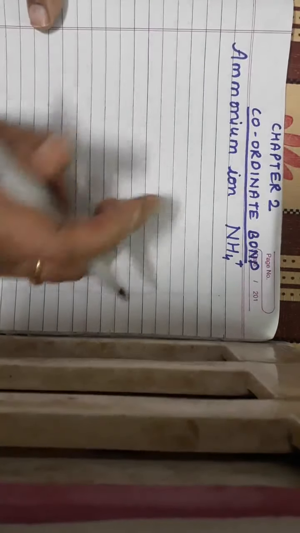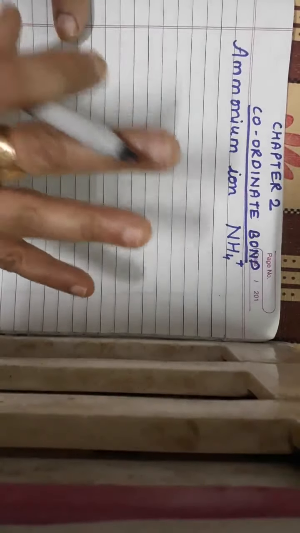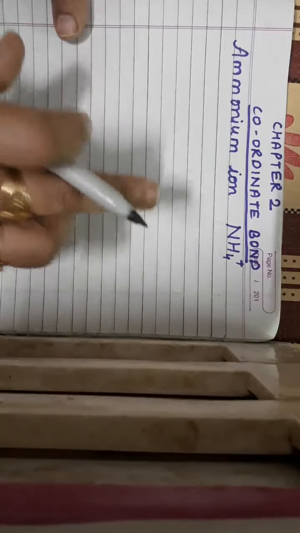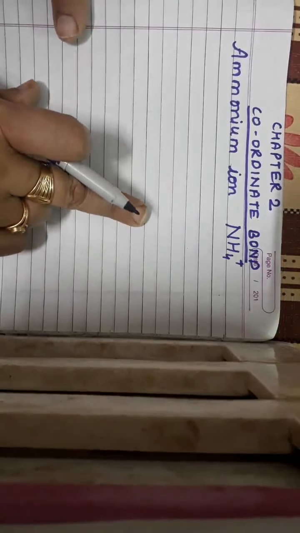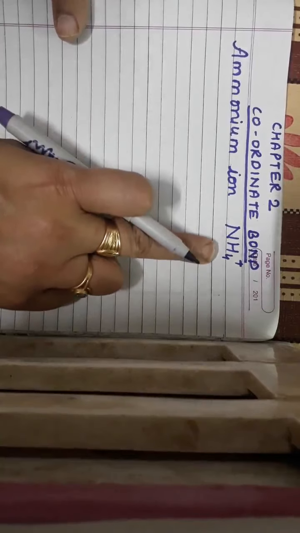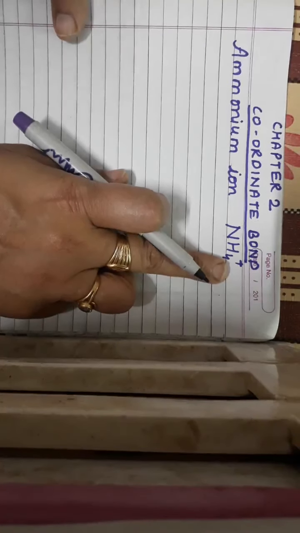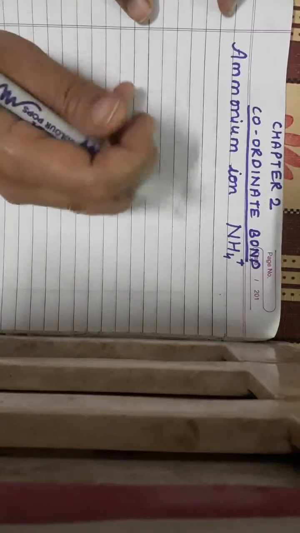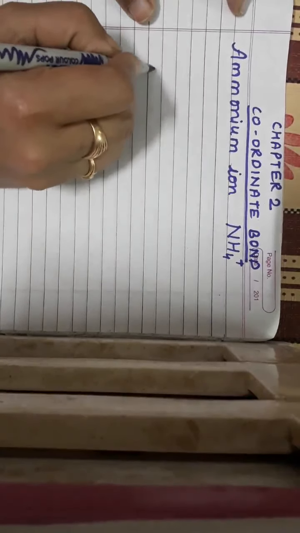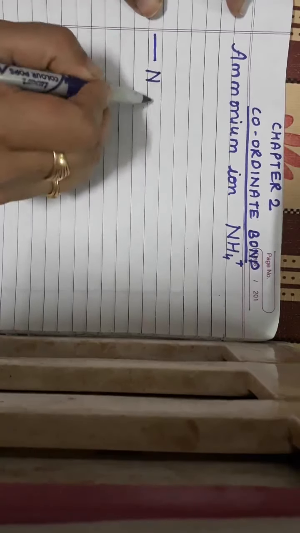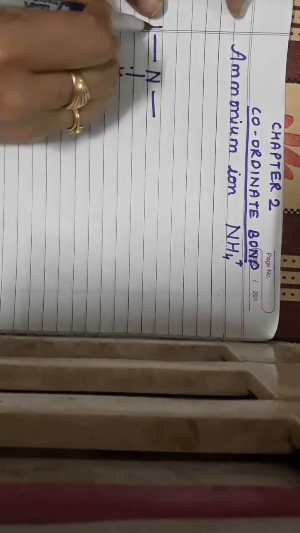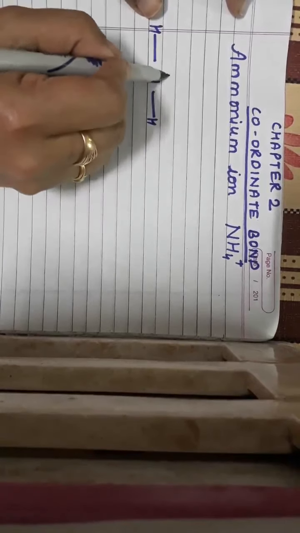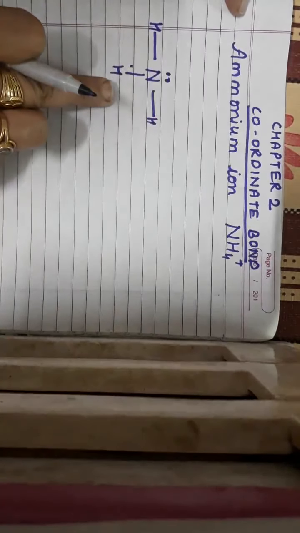Okay, so let me start with the formation of ammonium ion. Please don't get confused between ammonia and ammonium. Ammonia is NH3, which is a neutral molecule, but ammonium is NH4, which is a charged ion, a cation. But ammonium ion is formed from ammonia molecule. Why is it so? Let's see the condition of the ammonia molecule. This is the structural formula of ammonia, and nitrogen has one lone pair over it. I already explained the ammonia molecule in covalent bond formation.